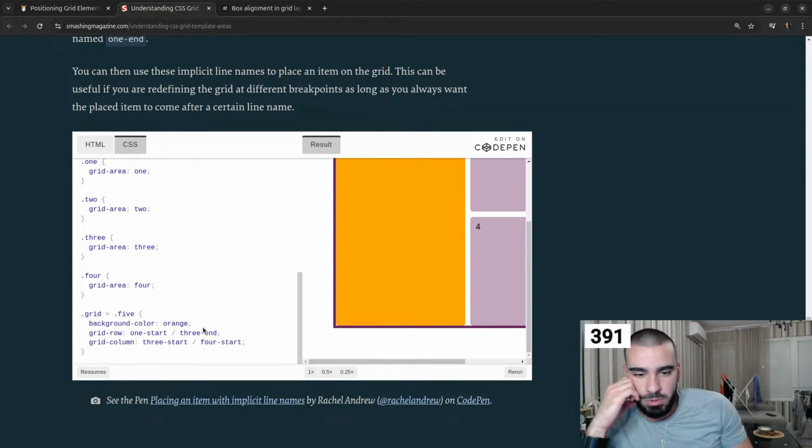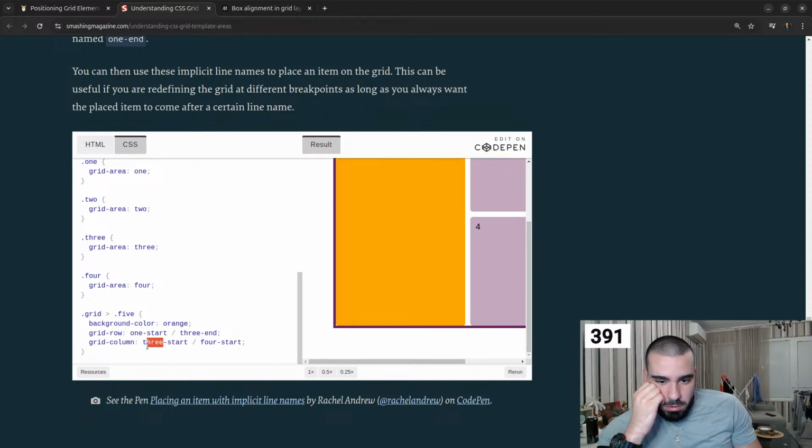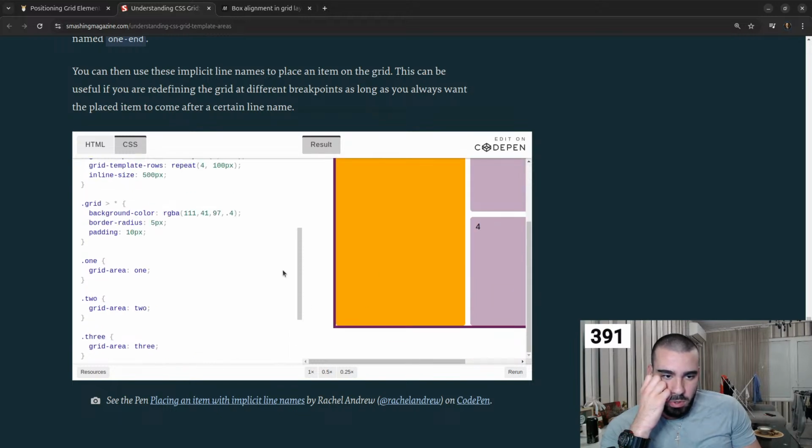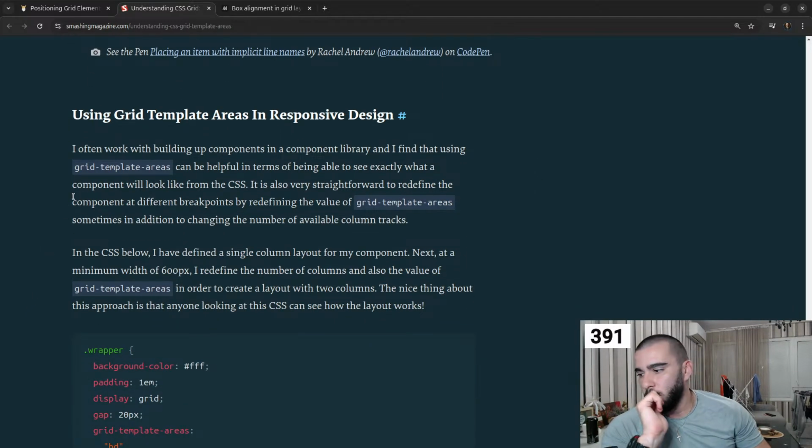For the start, to start where the 3 starts, but can you also do 1? I cannot edit it, but I guess if you do 1 start and 4 start, it should be the same. So between 3 and 1, it's referencing the same column line, I guess, but I cannot change it to